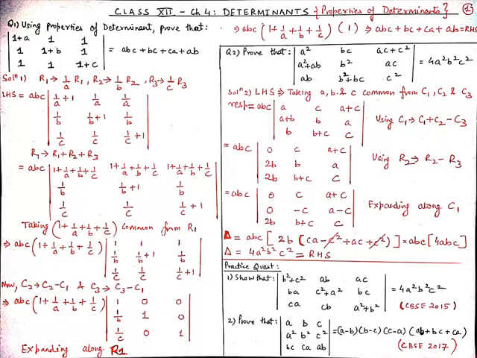So by taking a, b and c common from columns C1, C2 and C3, we get abc. And in the determinant, we have a, c, a plus c, a plus b, b, a and b, b plus c, c. And now on applying the column operation C1 tends to C1 plus C2 minus C3, the elements of C2 and C3 will remain unaffected. So write them as it is. The first element of column 1 is a, and then the element of column 2, which is c, so a plus c, and then minus of a plus c is equal to 0.